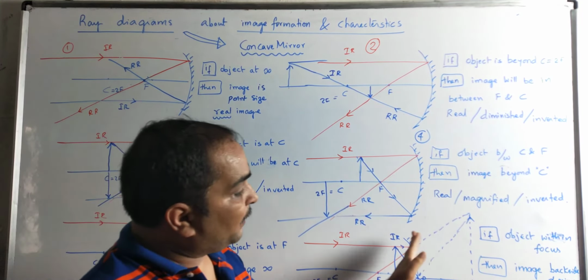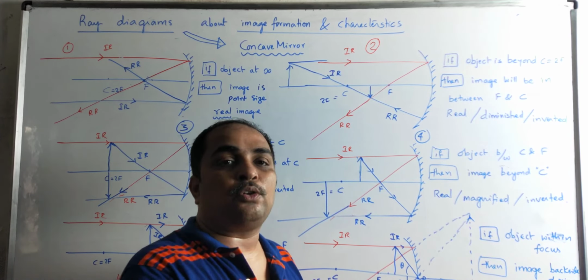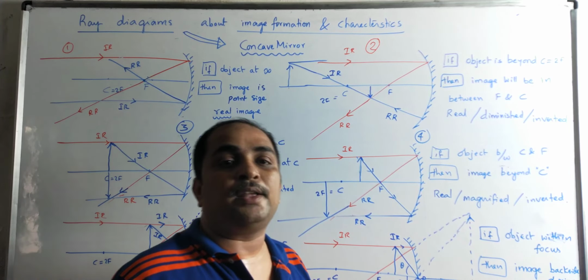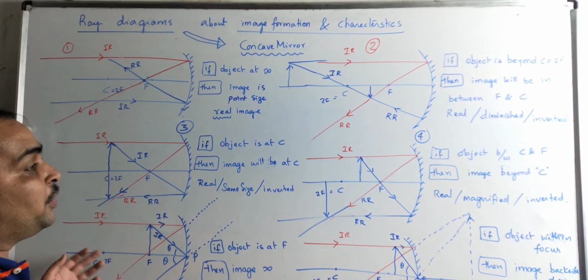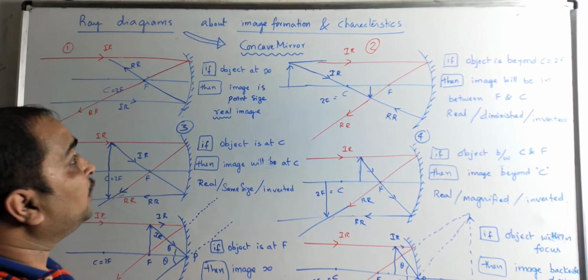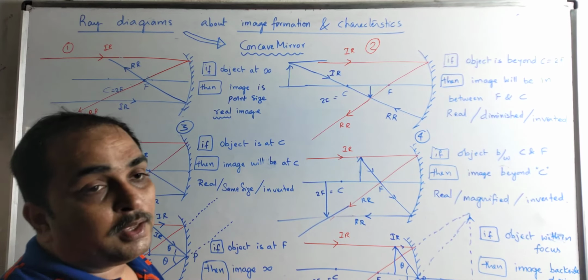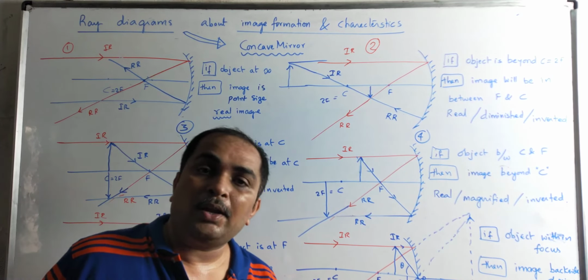So try to practice the ray diagrams, see one or more books. Always you will get enthusiasm when you read one book, and don't read the same book. If you take a CBSE student, you can go for an ICSE student's book, as well as you can read other material in CBSE only. Like that, when you read more and more number of times, you understand the basics of it. This is about characteristics of image formation by a concave mirror.